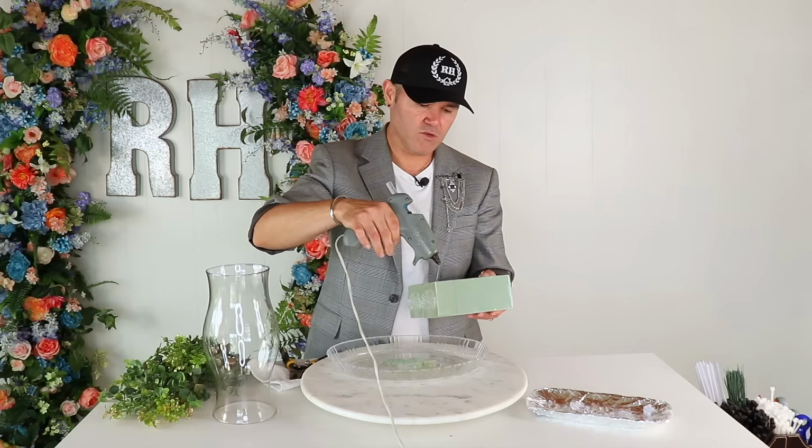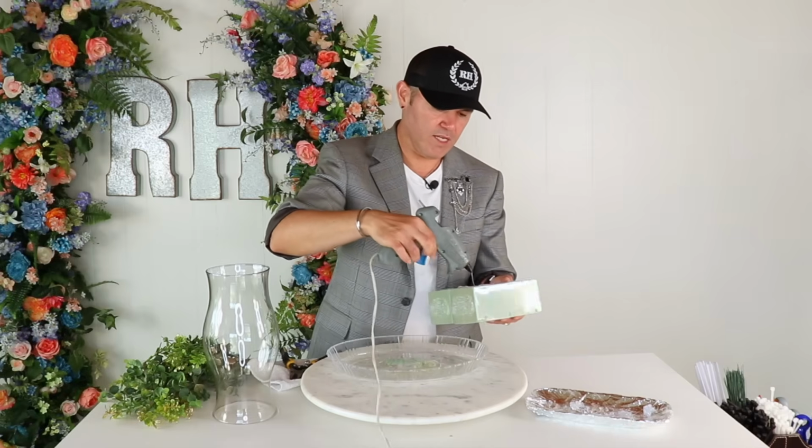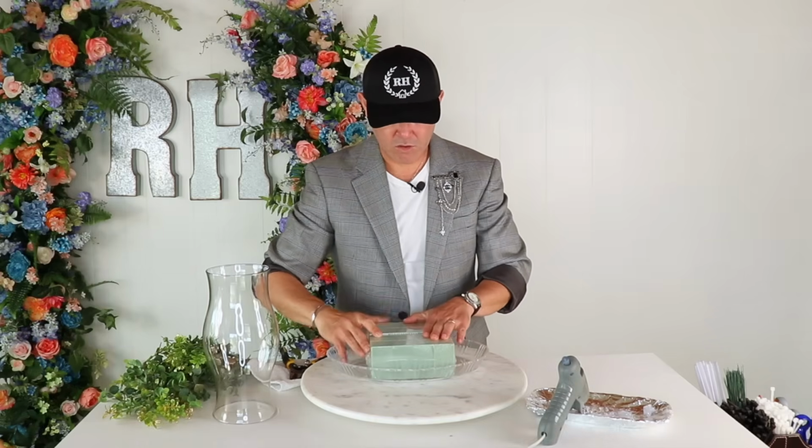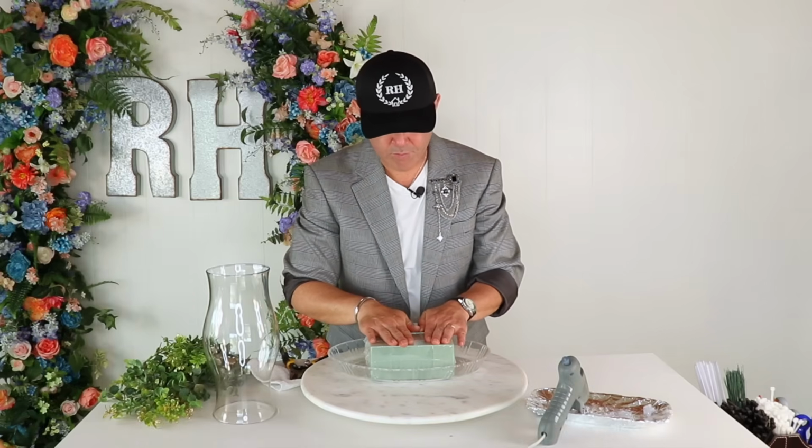Okay, so I'm gonna add some glue, making sure that it's plenty. Be generous with it because we want to make sure that it sticks to our container. So I'm going to press down, and as I continue to press down,